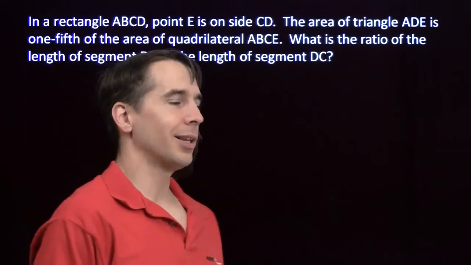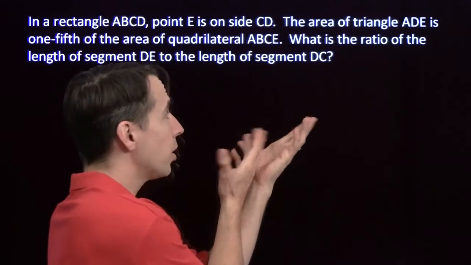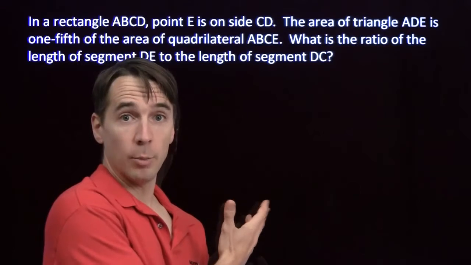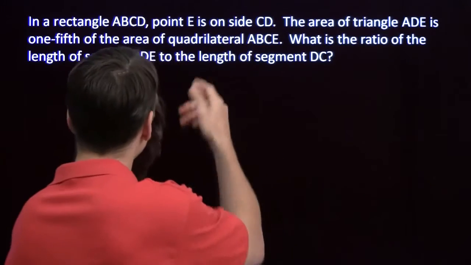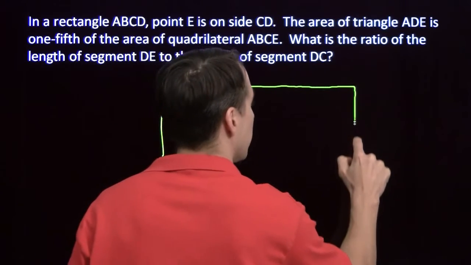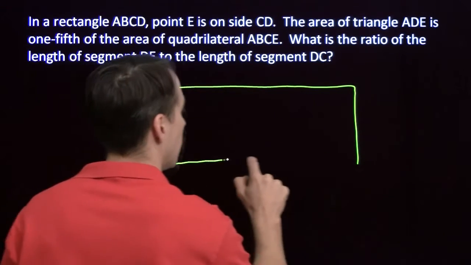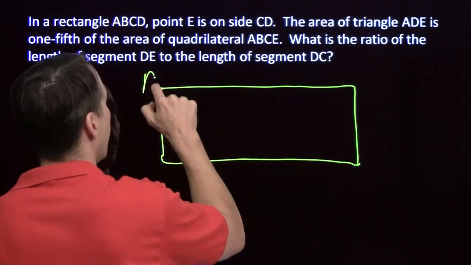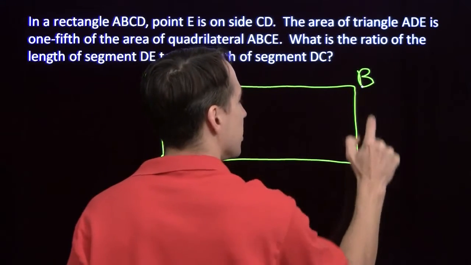Oh, boy. Yeah, that's a lot of words. A lot of words here. So we start with all these words. The way we turn words into math in a geometry problem, we draw the picture. So we're going to draw the picture here. We're going to start with rectangle A, B, C, D,